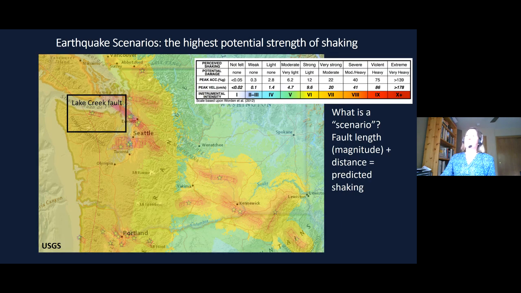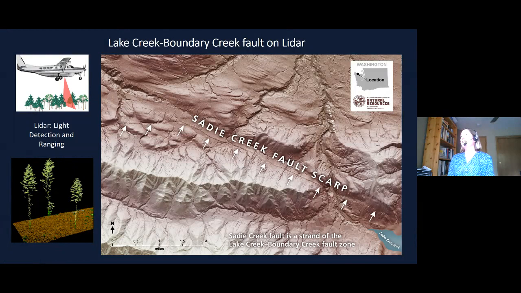So let's actually zoom in on that area. I'm going to show you some topography. So this is a Lidar image of the Sadie Creek fault, which is a part of the larger Lake Creek Boundary Creek fault. And Lidar stands for light detection and ranging. You put this light-based radar onto an airplane and fly it back and forth over the surface and collect a ton of data. And the data kind of looks like in the lower left corner here when you get it,